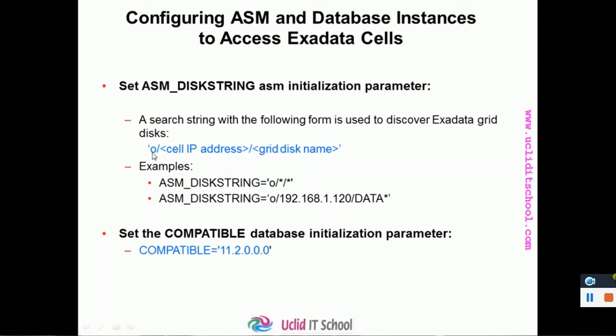The standard format is o/cell IP address/grid disk name. Okay. So the example,